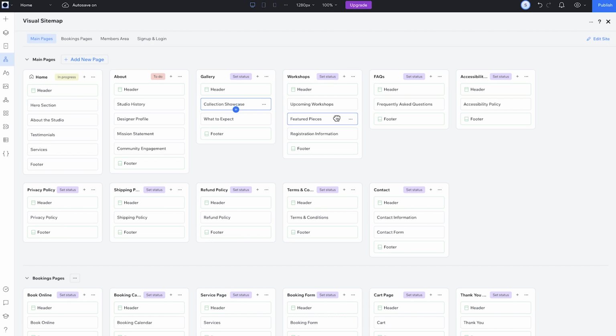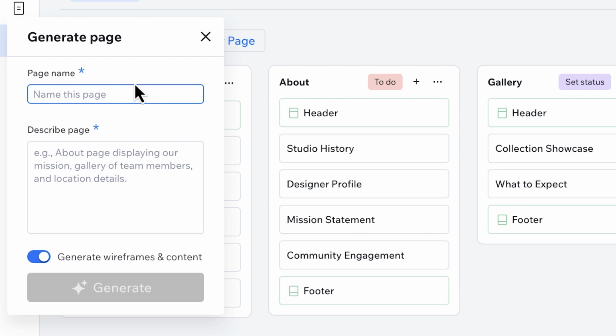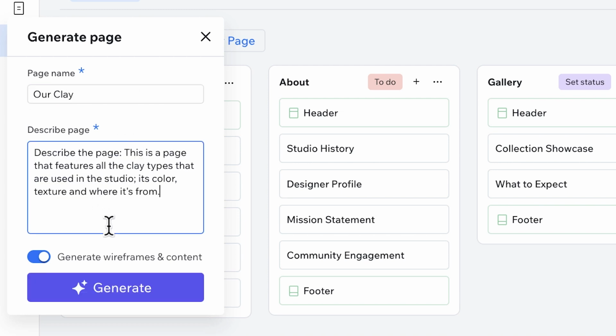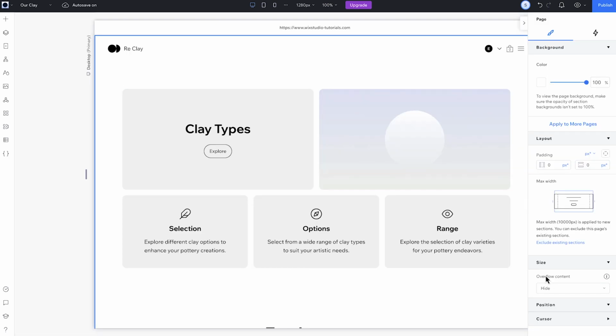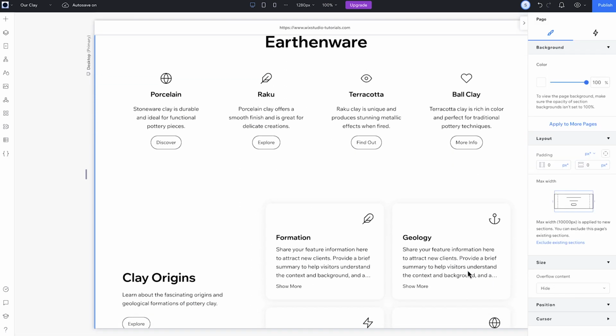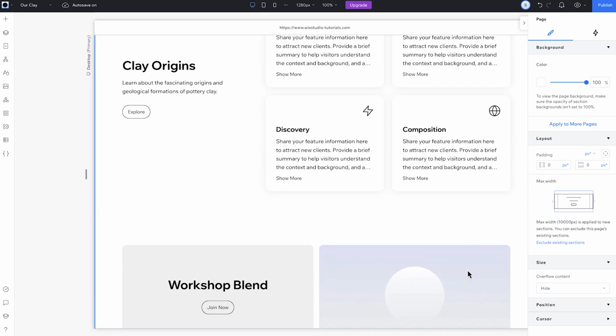If I want to add a new one that wasn't included before, I can click Add New Page and choose to create a blank page, a dynamic page, or generate one with AI. This time, I'll select Generate. Next, I'll fill in the information, including name and description. This page will feature all the clay options used in the studio. Nice! Looks like we have all the sections we'll need. Okay, now let's see how it turned out. Like all the other pages, this one has wireframes. Cool. I'm happy with how the site's structure and everything is set up, so we can move on to the